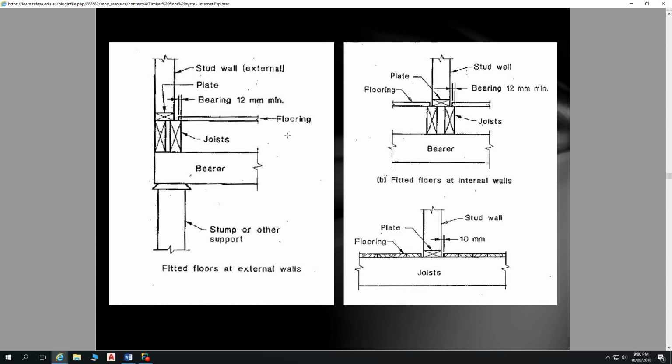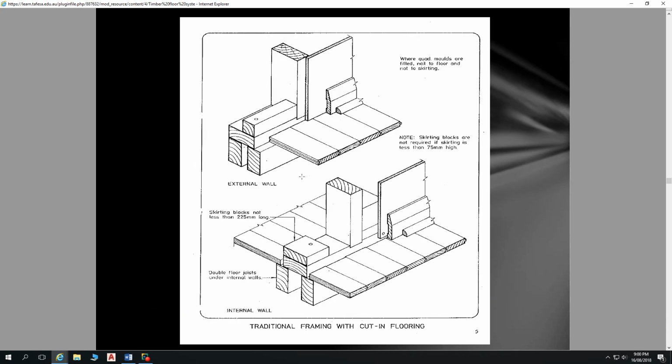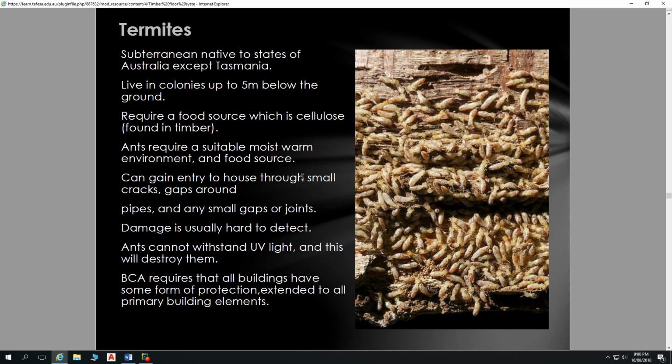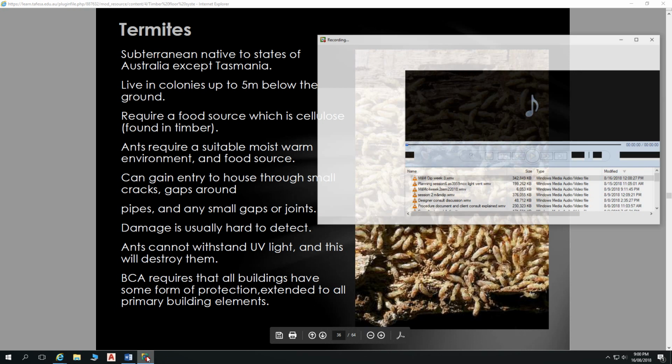Yeah, I won't take you through the details of fitted floors and whatever. Keep heading through. Oh, actually, it's 9 o'clock now. All right, so yeah, we'd better stop it at that. So we're up to